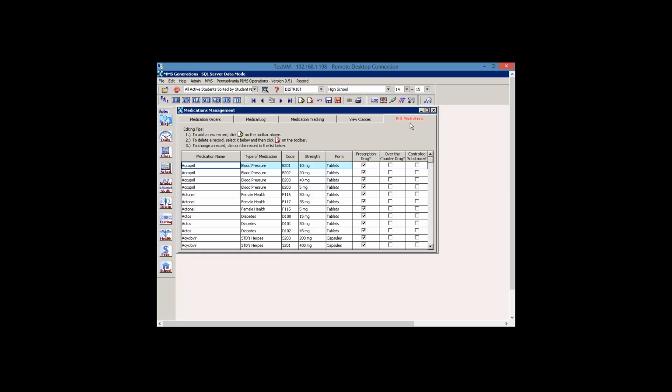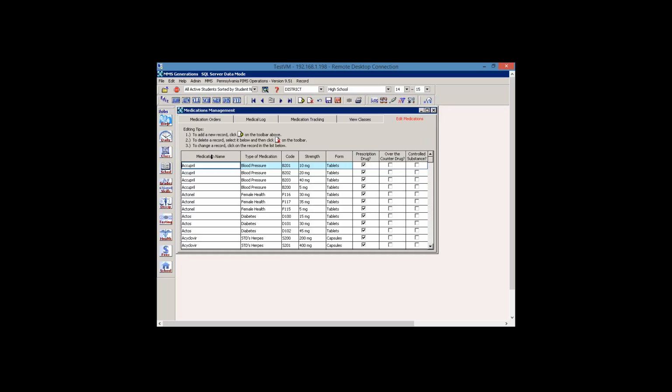So I'm going to move over for a moment here to the edit medications because, again, we have the option here if we need to add, amend, edit in any way the list of medications that are available for students. This is where we edit those particular codes and options. So you can see all of the ones, if we scroll down through the list, that are currently indicated here,